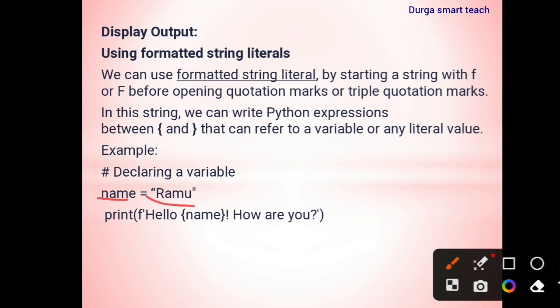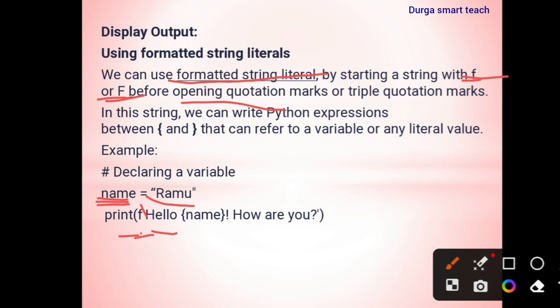For that case, Ramu is stored in a variable name. For a formatted string literal, you need to use small f or capital F before the opening quotations. So small f, then quotations open, hello, next one is Ramu. Ramu is stored in